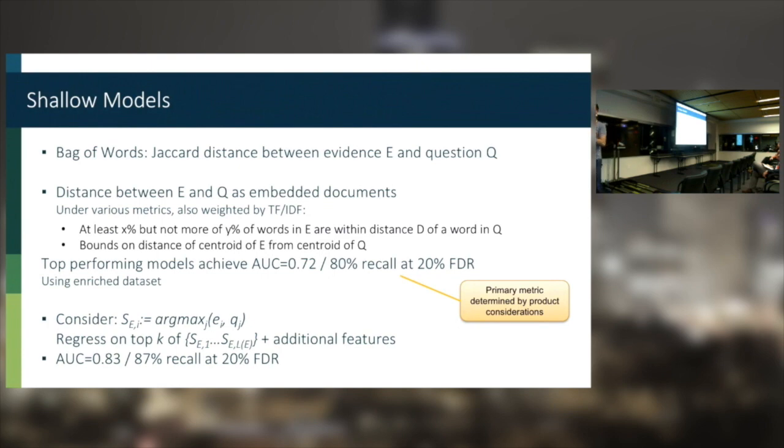So let's say I'm willing to tolerate that about 20% of the time. So that's where this metric is coming from: 80% recall at 20% false discovery rate. This number is sort of product determined. And it's an important point that the metrics that you really care about are determined by the business, by the product. So there's kind of a feedback loop here that is different from a lot of machine learning problems.